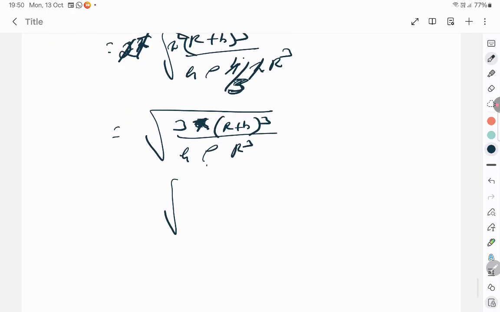So then write it as root of 3 pi by rho g. Write it as rho g. நமக்கு rho g னா ஞாபகம் வச்சுக்க முடியும். rho d. rho d ஞாபகம் வச்சுக்க மாதிரி rho g இப்படி ஞாபகம் வச்சுக்கலாம்.